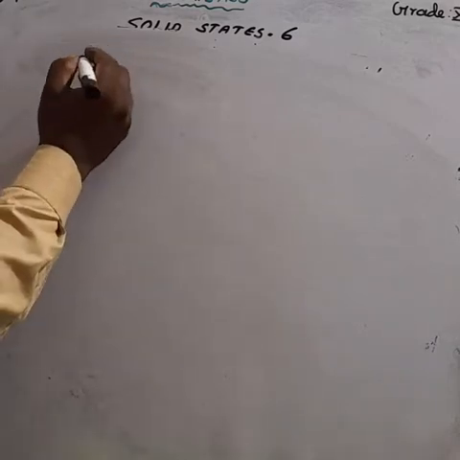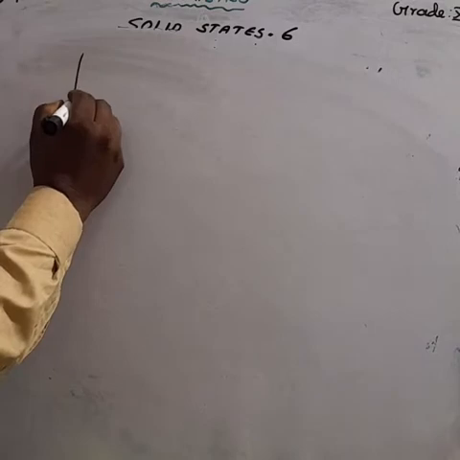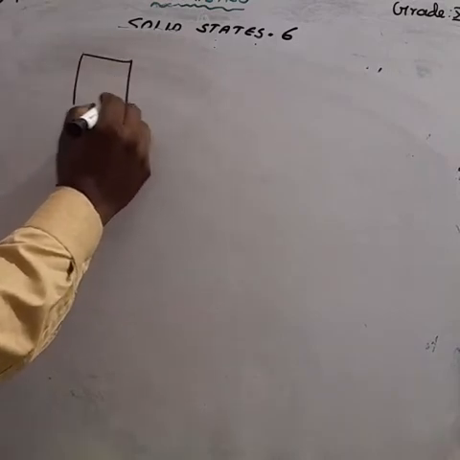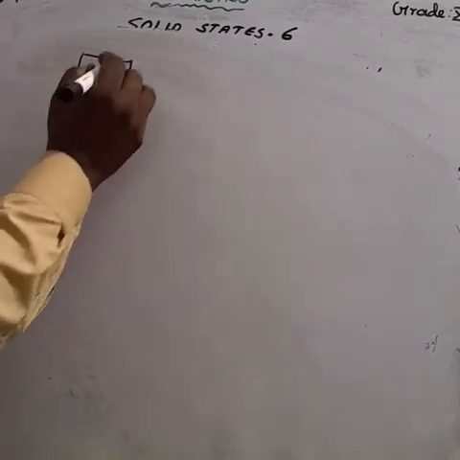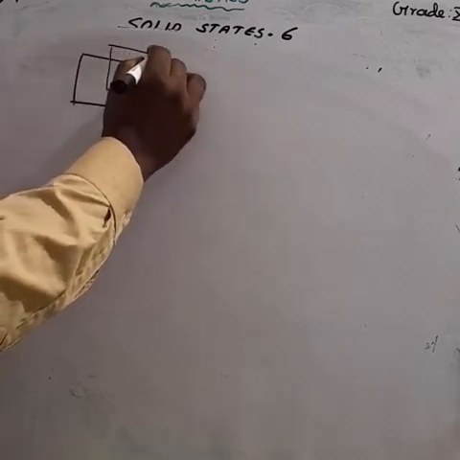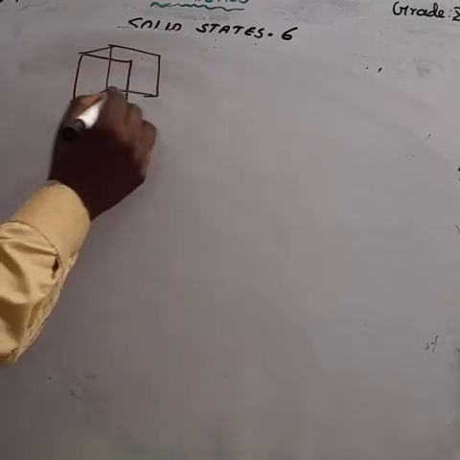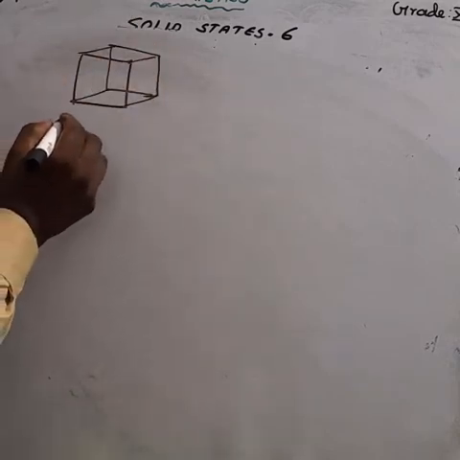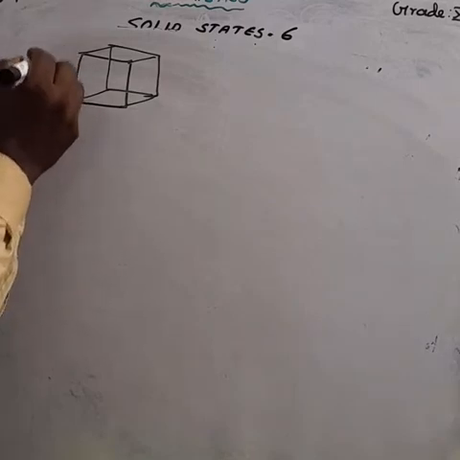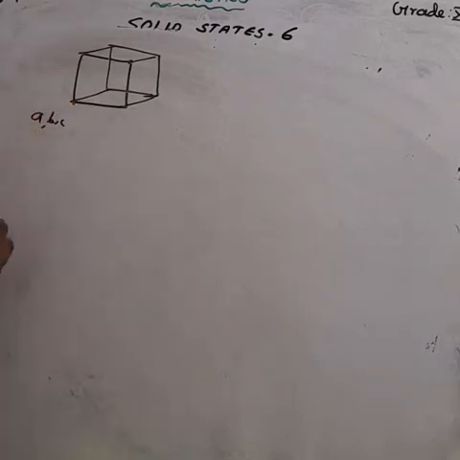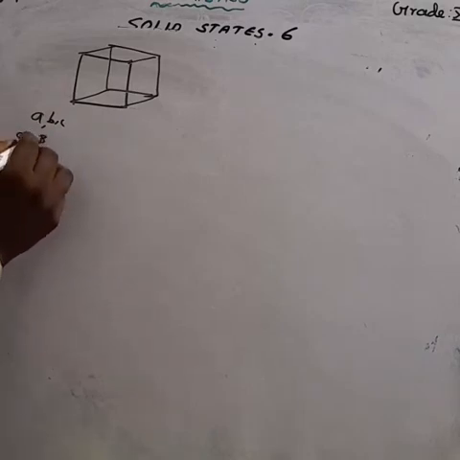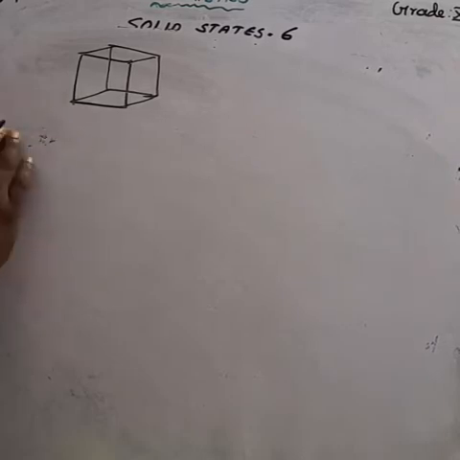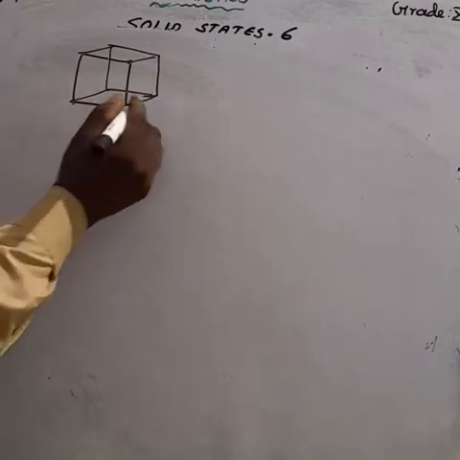First one, cubic. First you have to learn about the cubic. Here the edge has some parameters. One is the length parameter and another one is the angle parameter. Length parameter means edges, that means a, b, c. Angle parameters are alpha, beta, gamma. Don't forget that. 6 parameters.